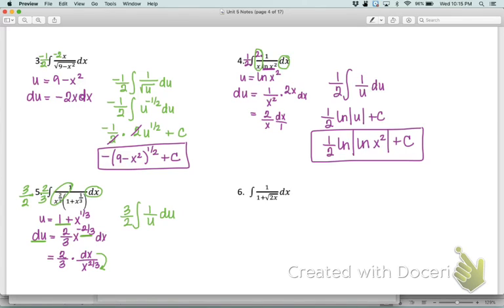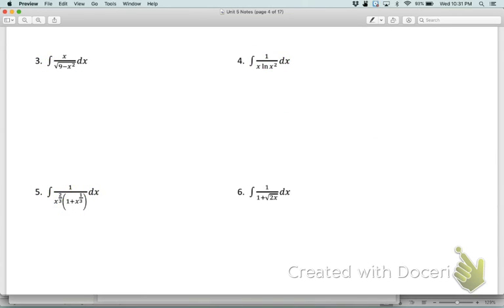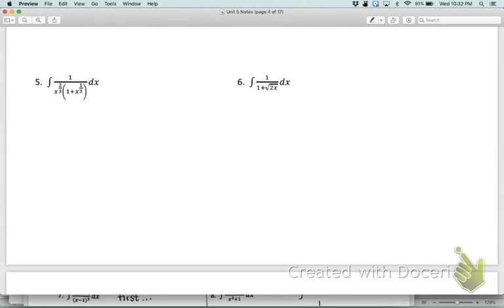All right. Let's look at this last one real quick. Now, I will warn you, I'm just going to show you this last one because if you messed around with the u and du for a little bit, you would find it is not working. This one is really kind of a puzzle. And so I just want to show you it because it's another strategy you can keep in your